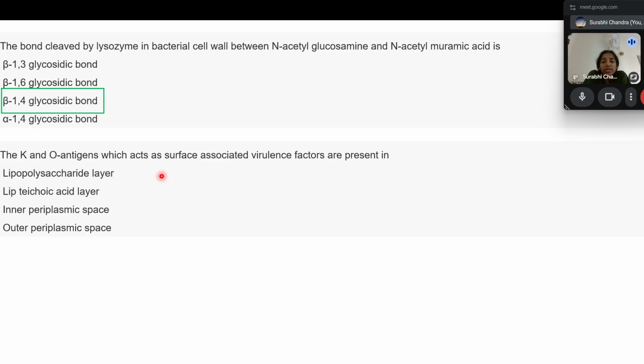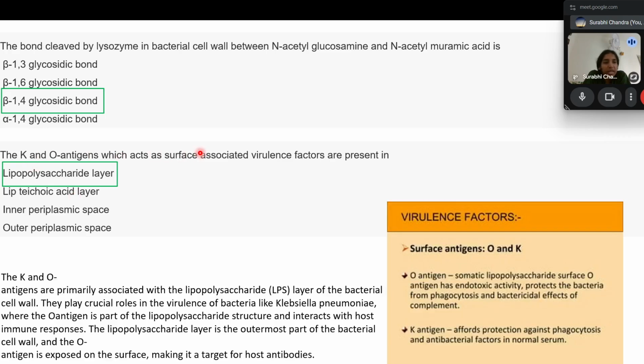The K and O antigens, which act as surface-associated virulence factors, are present in the lipopolysaccharide layer, and that will be the correct answer. So there are certain virulence factors present on the bacterial cell walls, especially the lipopolysaccharide layer, and they play crucial roles in the virulence of bacteria like Klebsiella pneumoniae, where O antigen is part of the lipopolysaccharide structure and interacts with the host immune responses. And the lipopolysaccharide layer is